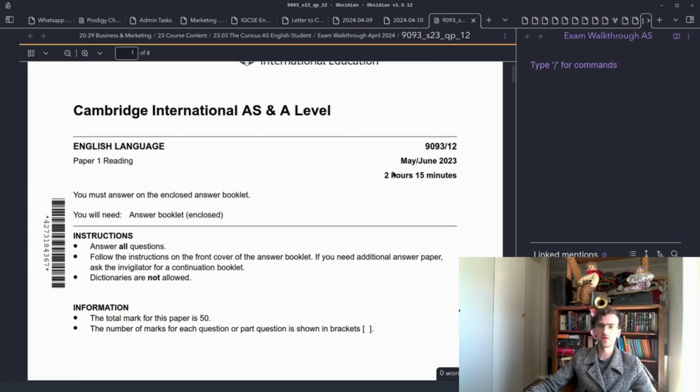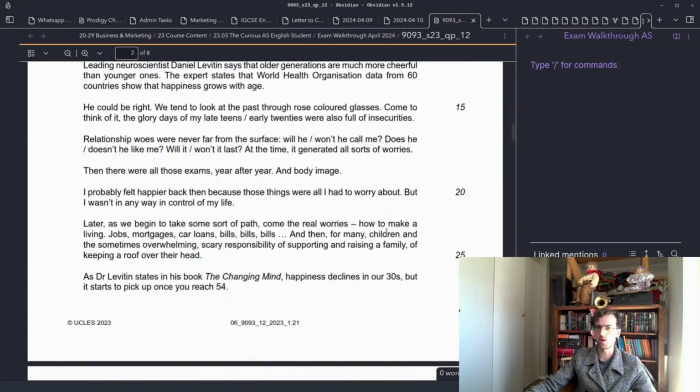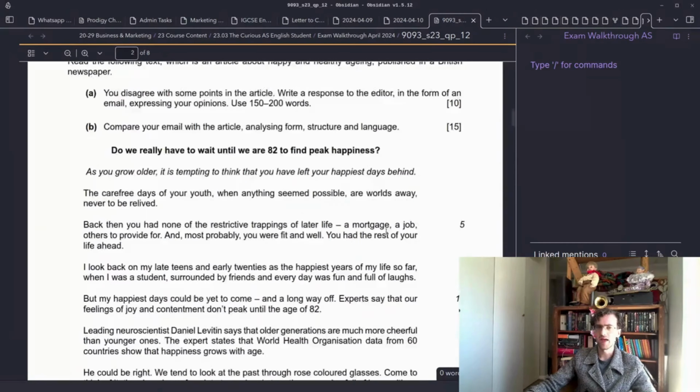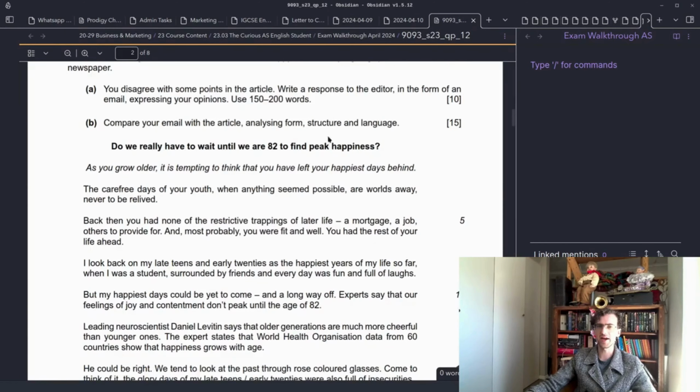Then, so you've got 2 hours and 15 minutes. So there's 15 minutes. You've got 1,500 words. So if we're reading 300 words a minute, then you can read it about 3 times, all the text in the thing. And then the 2 hours, you should take about an hour for question 1 and an hour for question 2. So that's how you're going to manage your time and figure that out.